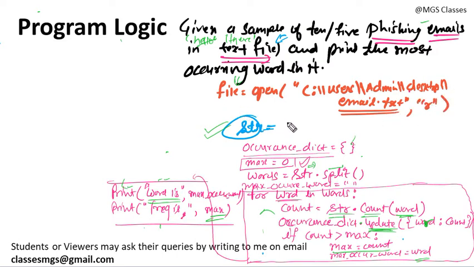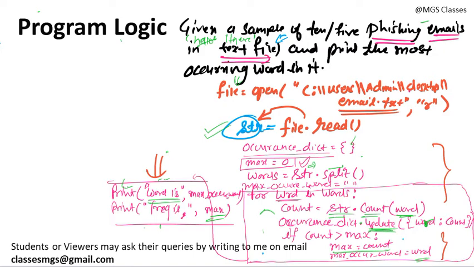And now you need to do file.read. This will return the content of the file in a string format. Now the rest of the thing will be done by the logic that we have already seen, how it will count the maximum number of frequency. Okay, so now I am going to write the Python code and see it in the editor.